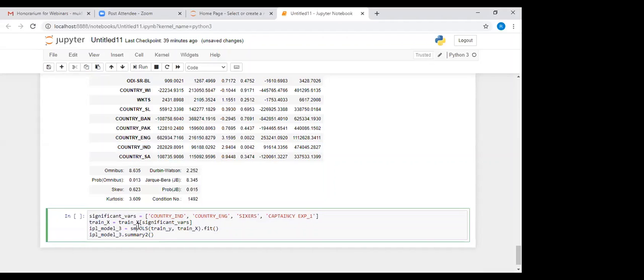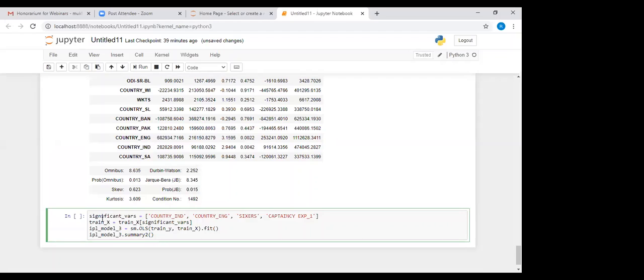See, we see from the last table that only country India, country England and the others have p-value less than alpha. Alpha is 0.05. Okay, alpha is the level of significance. So these 4 independent variables are significant to describe the sold price.